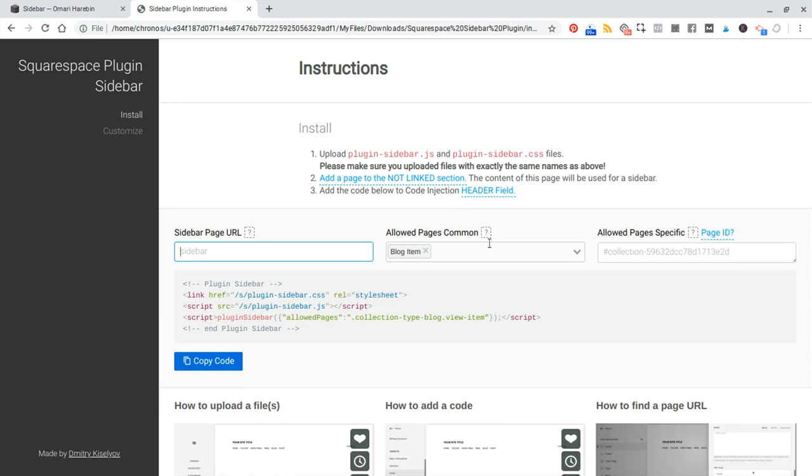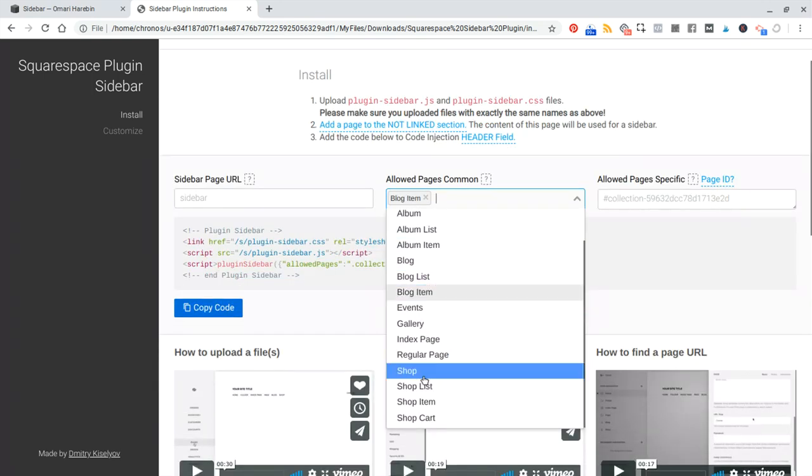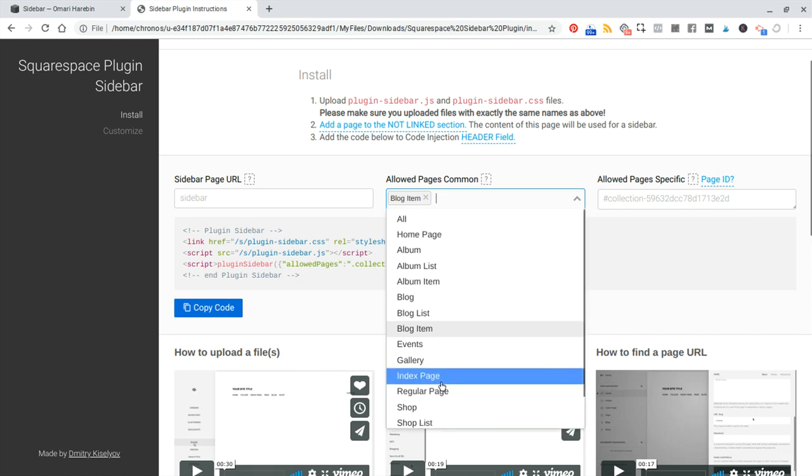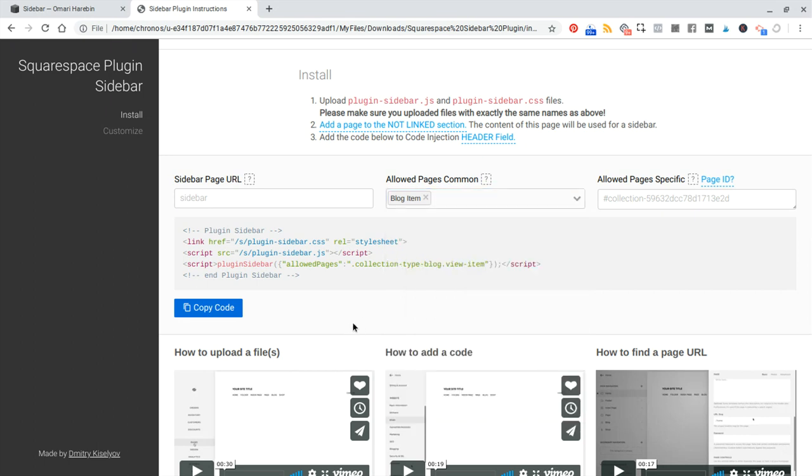And then over here, you can specify what types of pages you want the sidebar to be on specifically. So for example, let's say you just want the sidebar to show up on the blog posts and not the blog list page. Then you'd select blog item, and then you just hit copy code